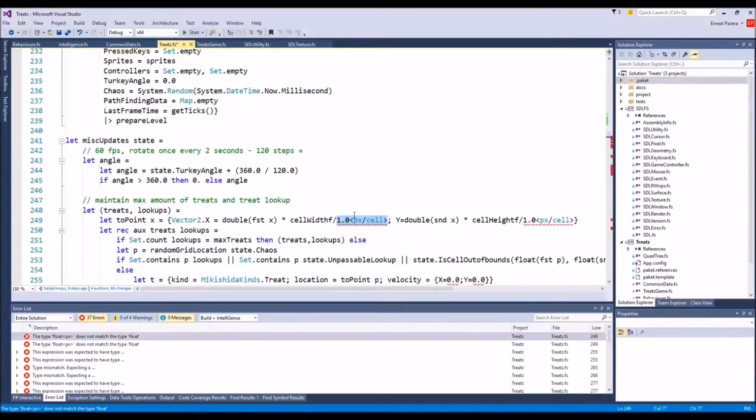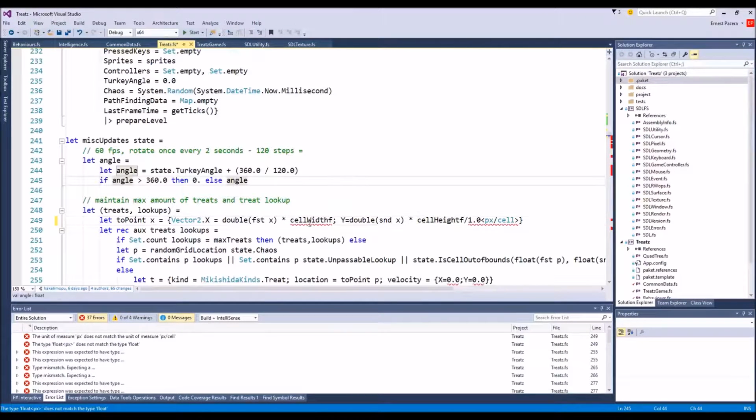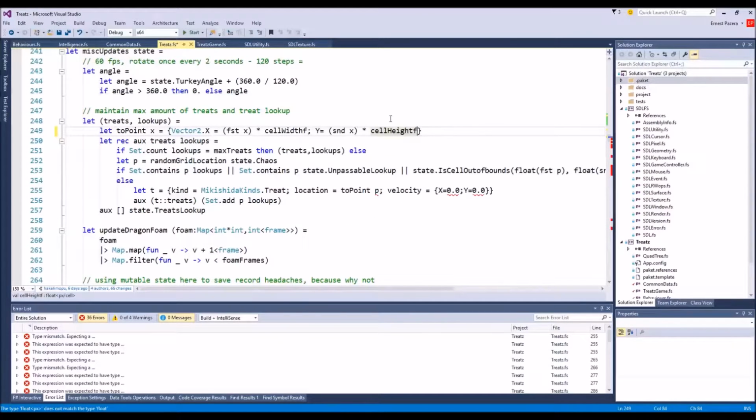X is an int cell times pixels per cell. Should I actually be able to get rid of this? Don't mess with those, because now cell width F, I don't need. Do I do this? Yes. All right. And we have sundex times cell height of 36